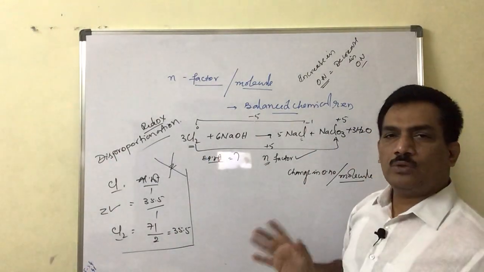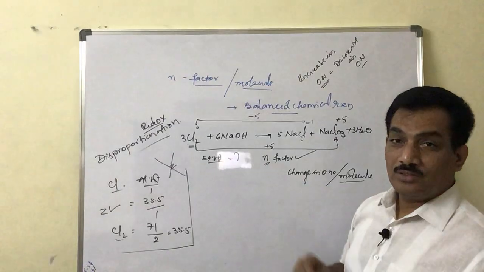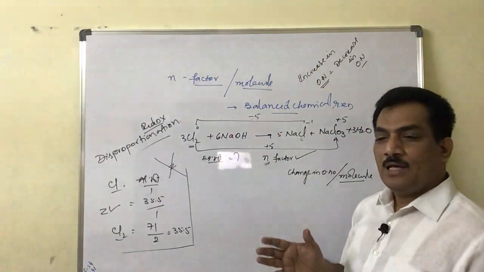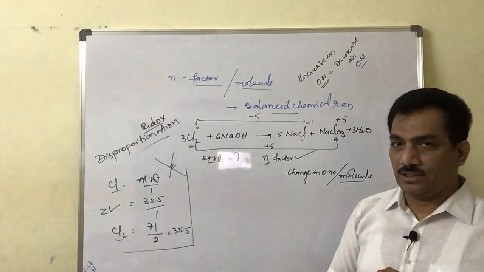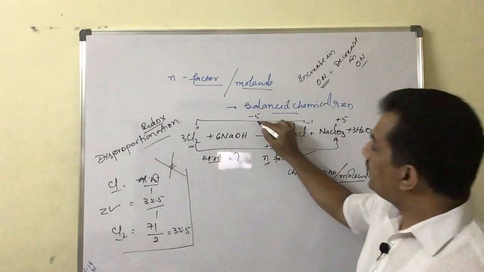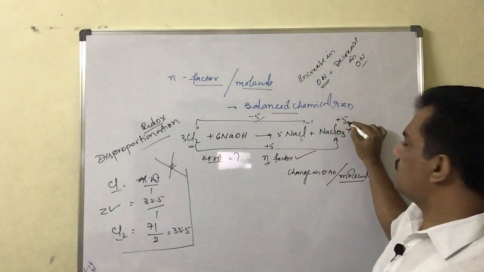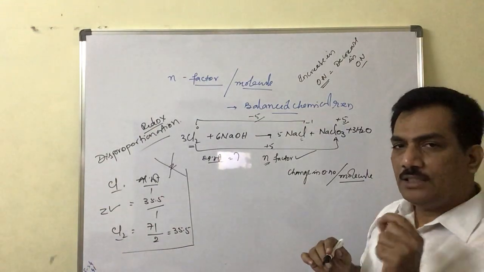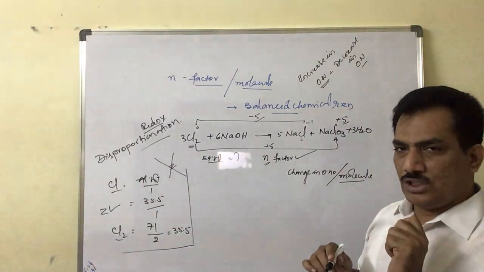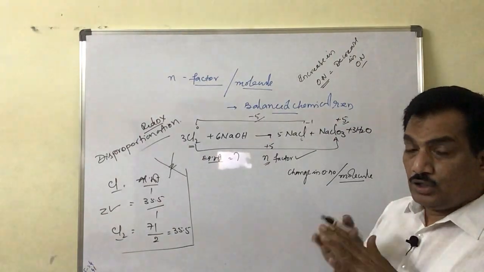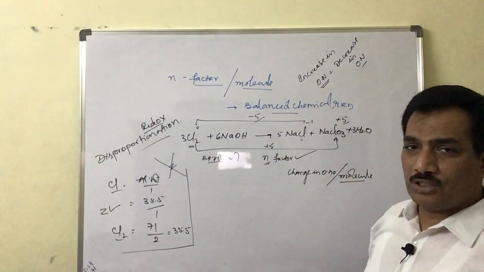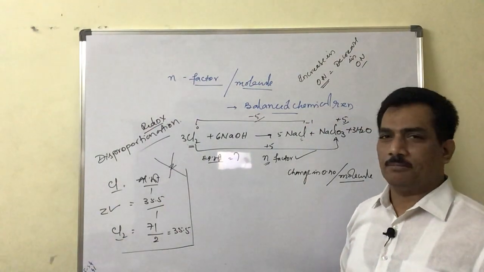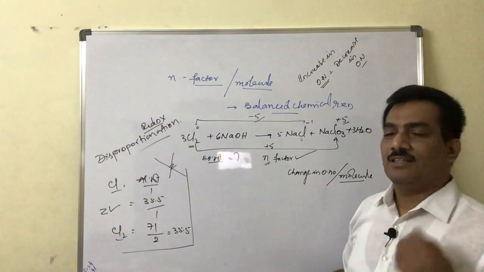Some people may ask, sir, it is changing to -5 and this is changing to +5, so the total change is 0. That means they are adding the total changes. Here we should not do like that. Just remember, take either the decrease or the increase, the magnitude, how many units it is changing, that's all. We should not take the sum of the changes, because the increase is equal to the decrease, and thereby the sum is always 0. Are you following? That's fine.